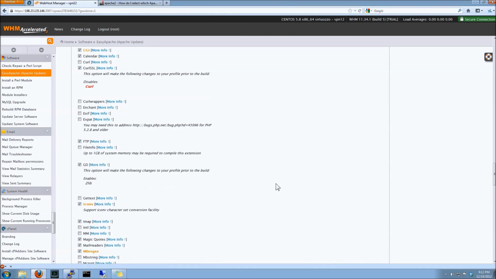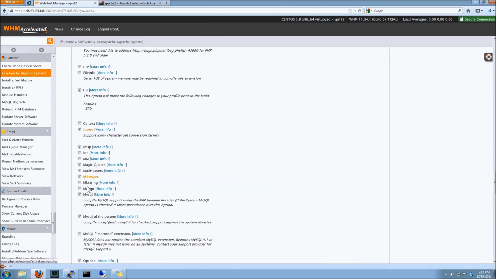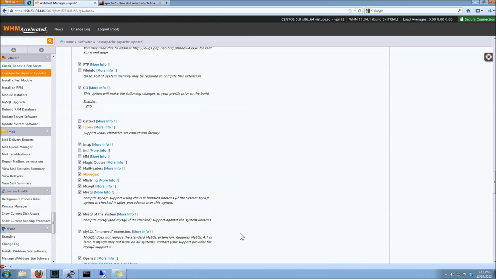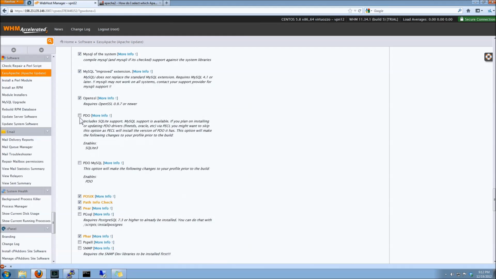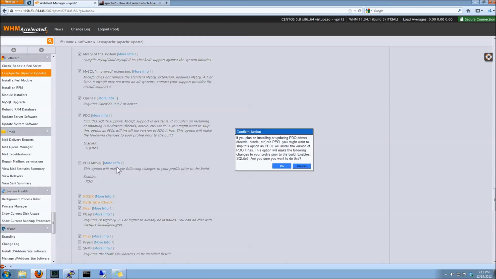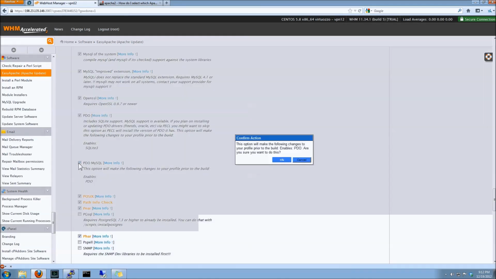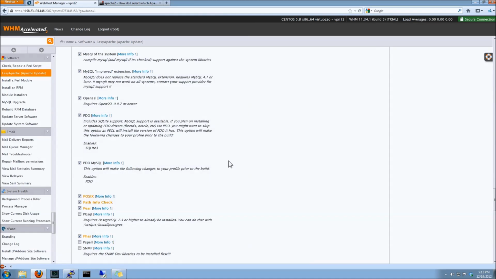practically all of them. That way, like mcrypt, mstream, yeah, file info, gettext. We want to install this one. I'm not going to bother going through and explain all these things, but I personally am a fan of installing just about all of them. This just gives the clients